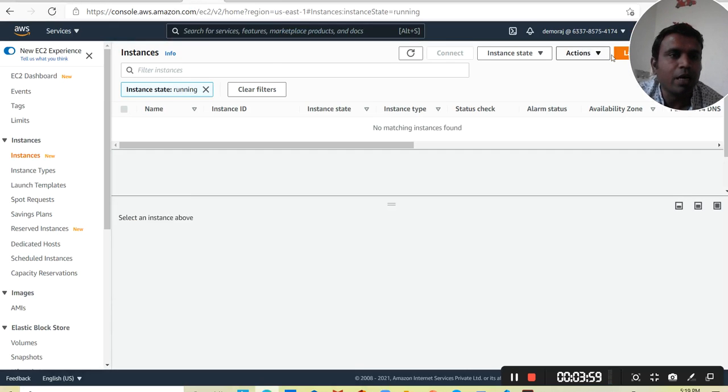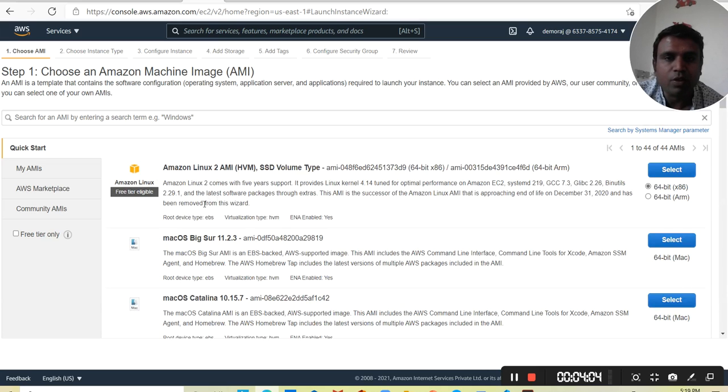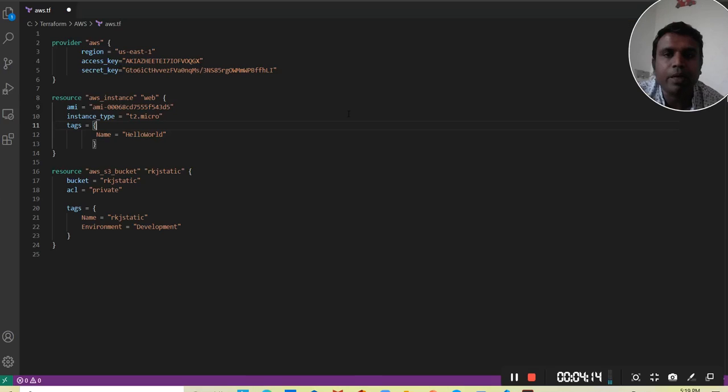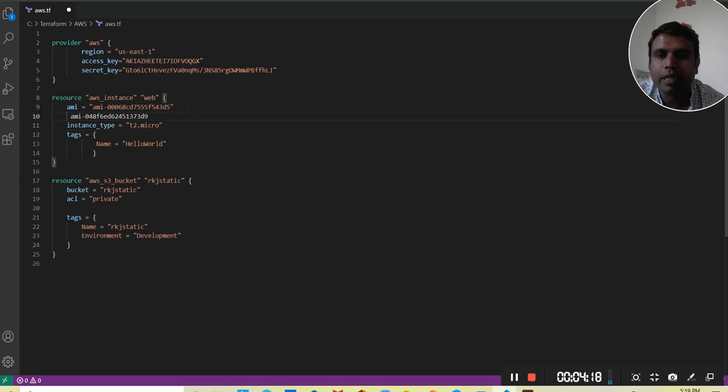For example, I'm launching the instance. First of all, we will get this detail, right? So we can copy this AMI detail from here. If it is 64-bit, copy it and you can paste. You can see this is the same, or maybe not the same, but yes, we can use the same value here.